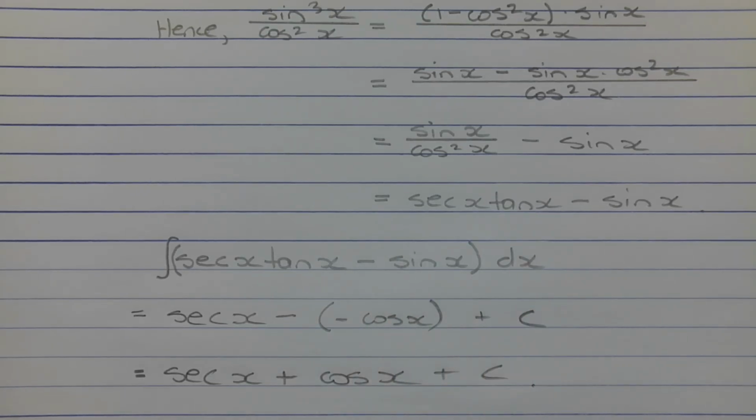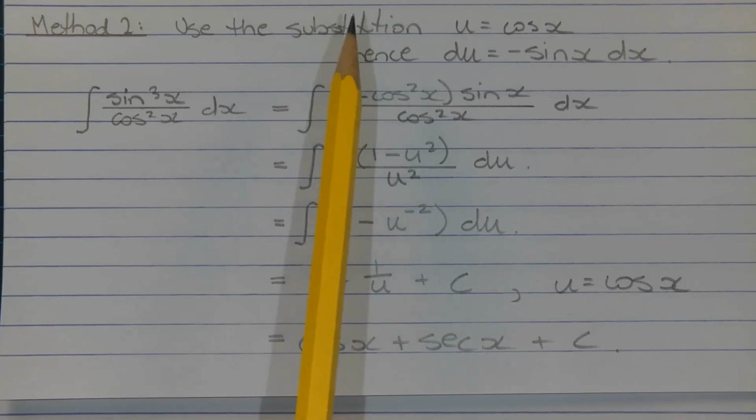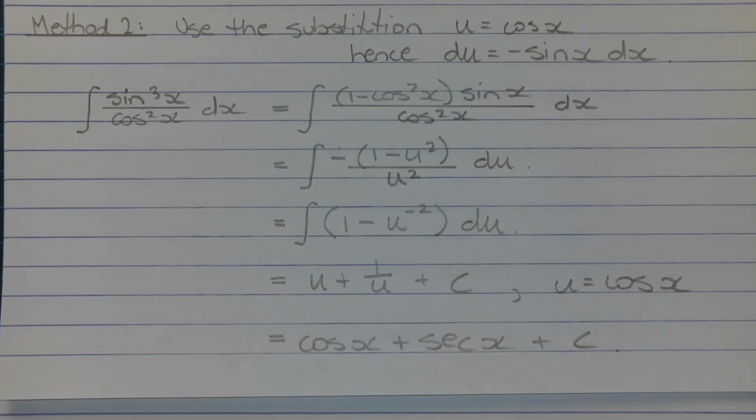So performing the integration, the integral of sec x tan x is sec x, and the integral of sin x is negative cos x. So the integral of sec x tan x minus sin x dx is equal to sec x minus negative cos x plus the constant of integration c, which simplifies to sec x plus cos x plus c. In the second method, we can use the substitution u equals cos x and an appropriate Pythagorean identity to